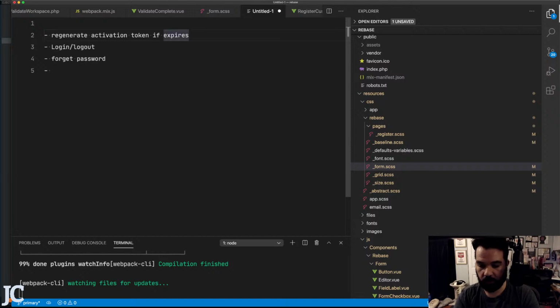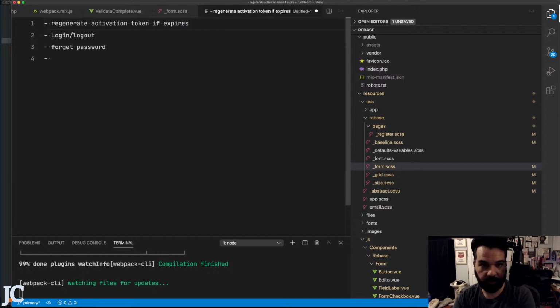Expires. All right, so I want to get rid of... we're going to do the regeneration token, log in, log out, forget password. After that, I think what would make sense? I think that would make sense to do the user pages. User pages are easy and kind of fun-ish, I guess, to do, which is why I want to go into there, because it's like, oh, I get to make forms and stuff to update different users. But I think there's two big areas that are going to be, no, they're not a pain in the ass, but like the two big,